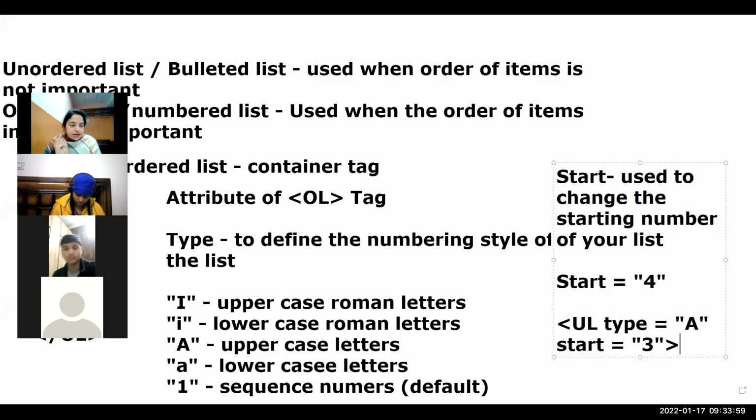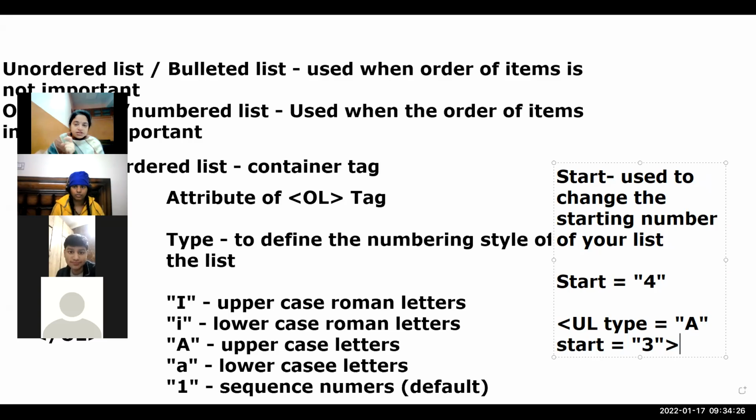चाहे आपने लिस्ट आइटम में कोई भी टाइप यूज किया हो, OL टाइप कोई भी यूज कराओ, बट स्टार्ट विल हैव ओनली नंबर्स. ये माइंड में रखना. अगर आपको अपनी लिस्ट कैपिटल रोमन लेटर के 4th लेटर से स्टार्ट करनी है, you will not type start equals to IV. No, you will type start equals to 4. Start attribute will have only numbers.